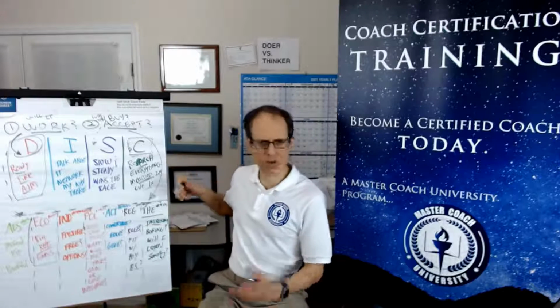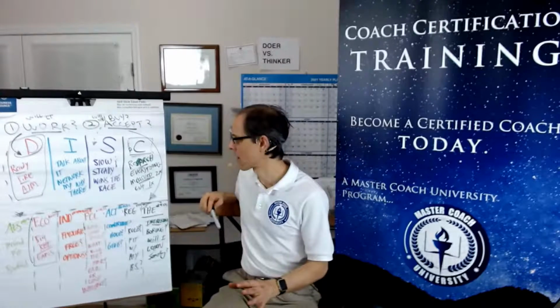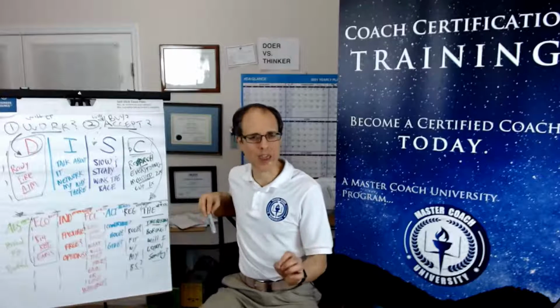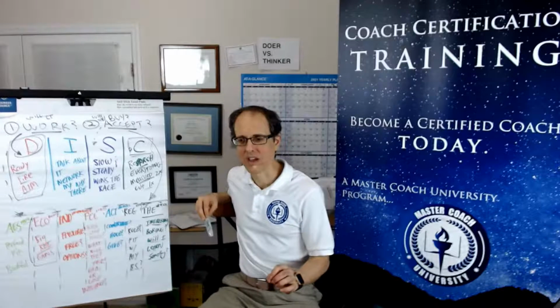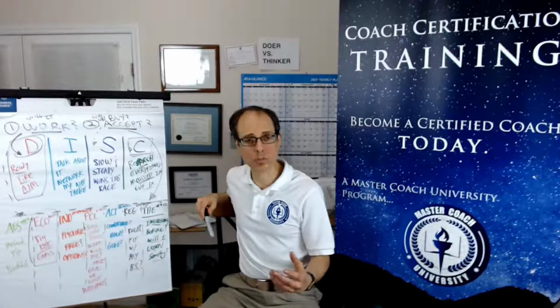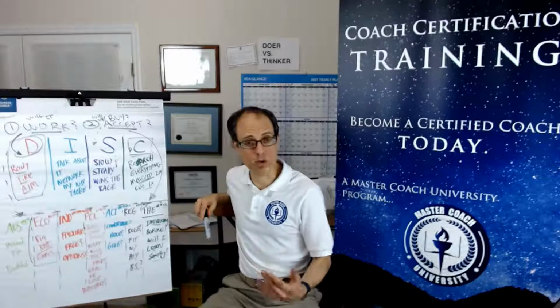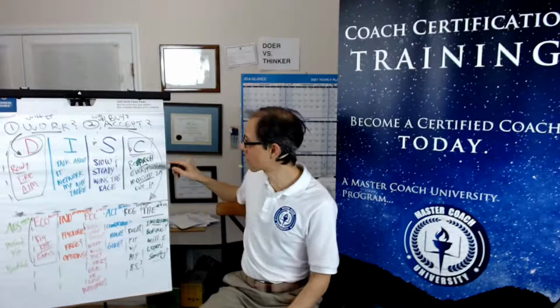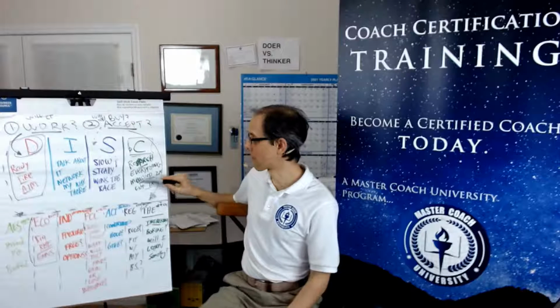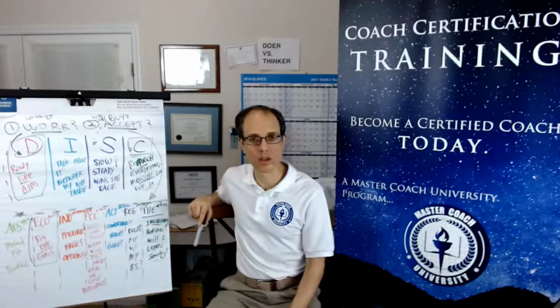And then finally the C. The C is more detail oriented. Their position in life is more around being really careful and precise. They're going to be much more fear driven in their approach to getting results. So they're going to research everything. Their slogan is like measure twice and cut once.